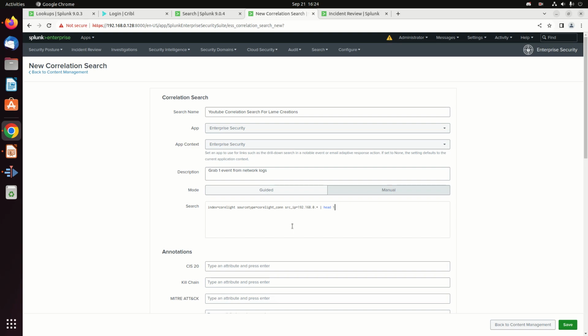I'm doing this as a demo for you guys to understand how to build a query. You would want to build a query that actually is looking for something malicious. Right now, I just want a query to return a result so that when I do my next video about triage and the triage system, there are actually tickets coming in. If I write a query that's looking for bad, well, that bad better be occurring on my network or it's not going to fire. And so it's a lot harder to troubleshoot if the thing is working